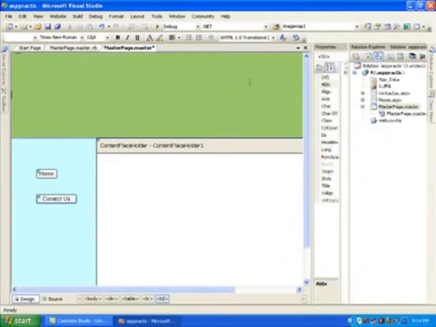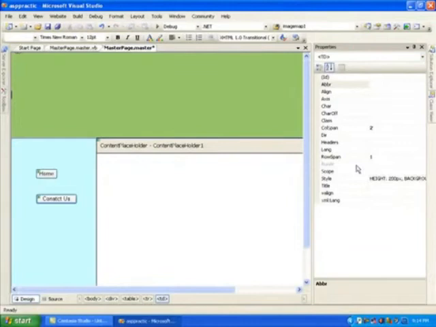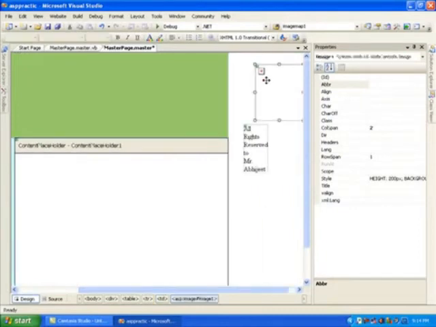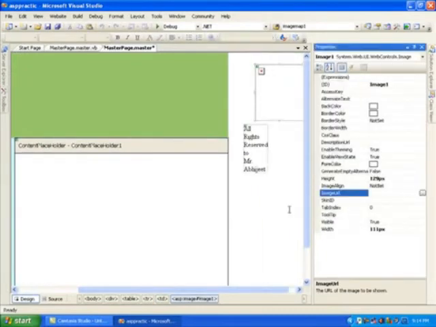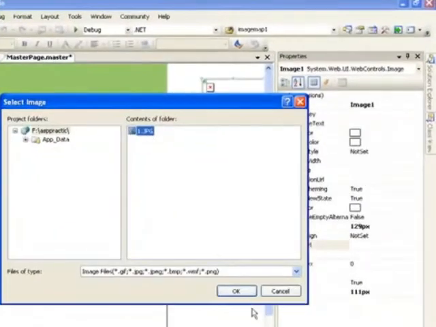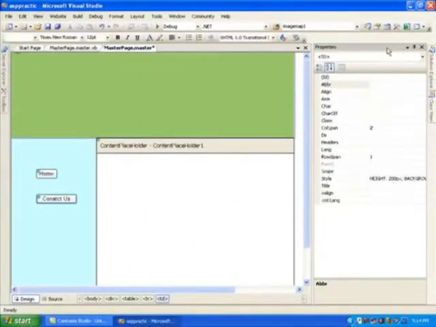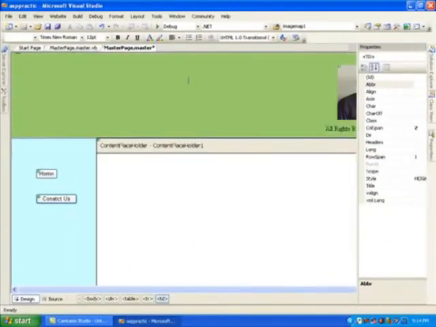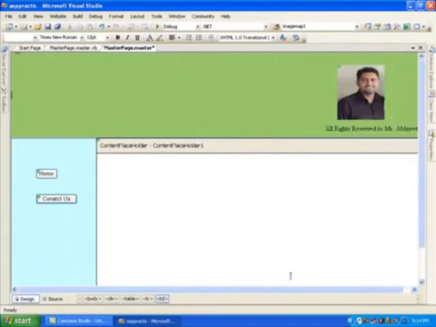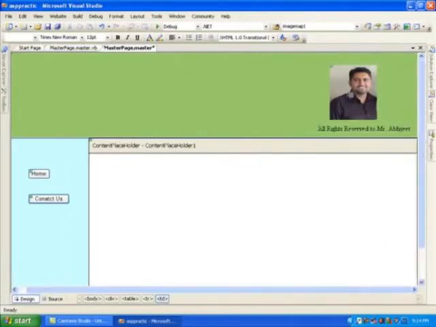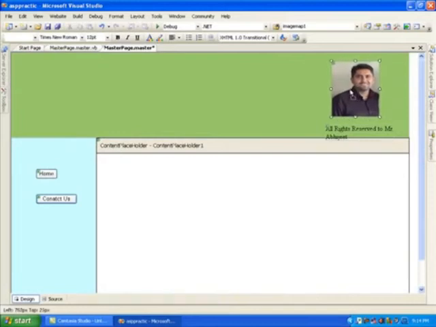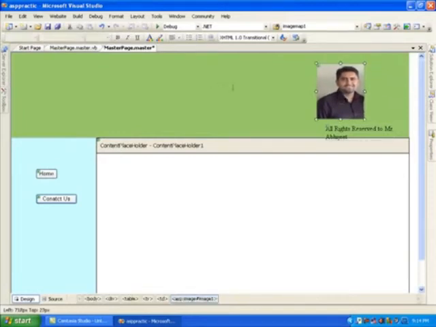So I don't need it, just click out over here. Now I reach the property, but presently I have to select a particular tool. So I select that, right click, property of my ImageUrl, click on it, and 1.jpg is available. Select it, 1.jpg, just press OK, and you can clearly see that this particular image with my photograph will be available within my master page. Let me place this image at a proper place. I put it down over here.